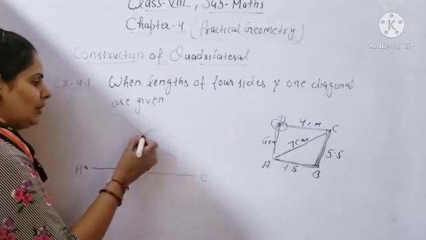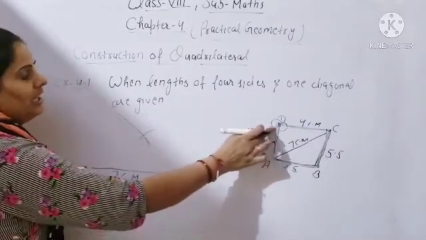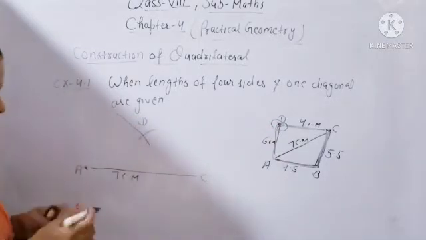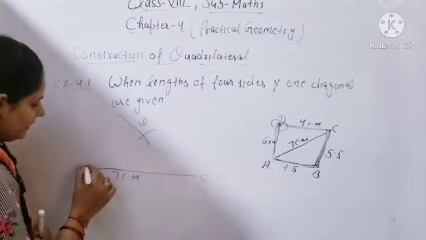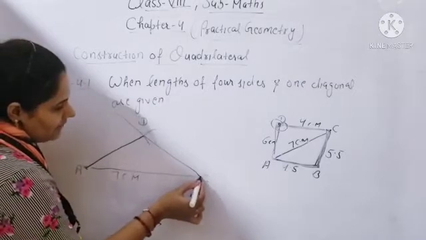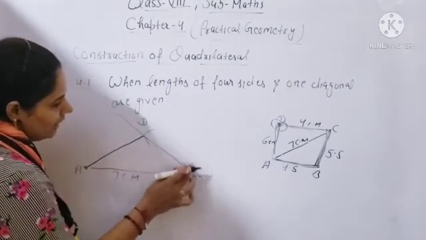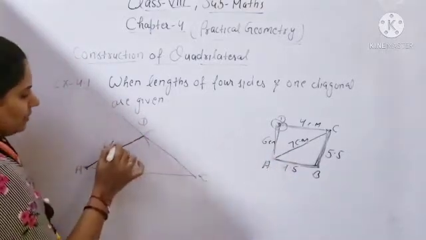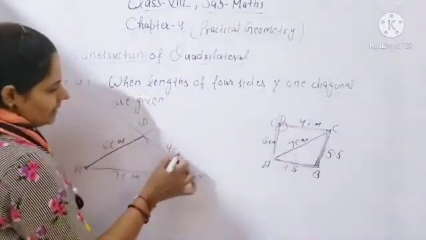After that, the common point, the intersecting point. What is the intersecting point of both the arcs? It is point D. So you will give the name, it will be D. Clear? After that, what will you do? You will join the lines AD and CD. After that, step by step you will solve, beta, and you will write the lengths also. So what is the length AD? AD is given 6 centimeter, and CD is 4 centimeter.